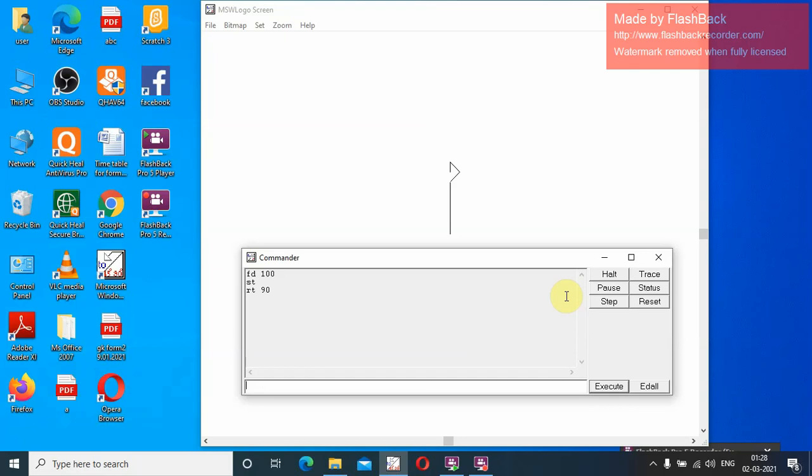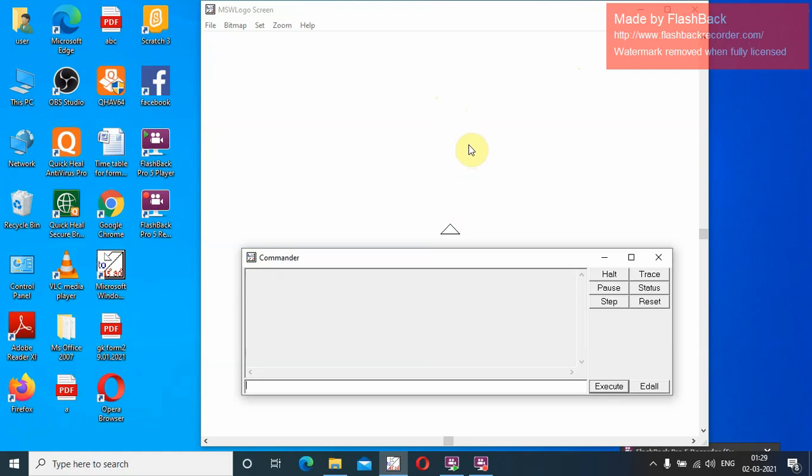Second, if you want to execute the Logo commands, either you press the execute button or you press the enter key, right? Just remember the execute button for now; all the other buttons you will learn in form 4. This is the main screen. Whenever I open Logo, the turtle is always in the center of the screen, right?